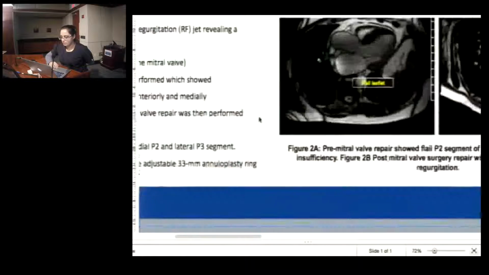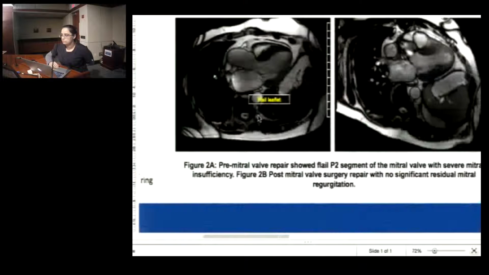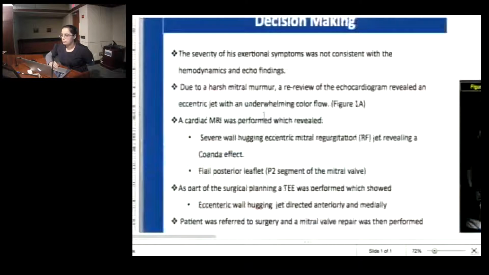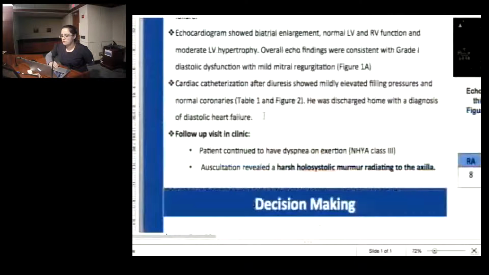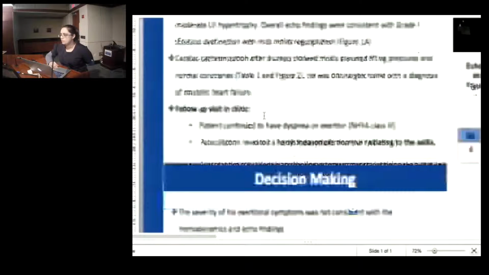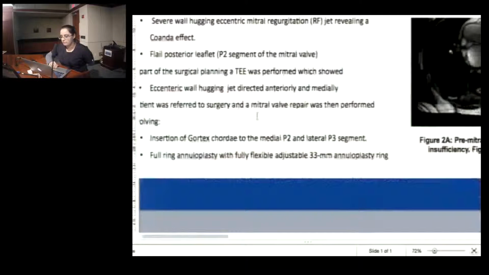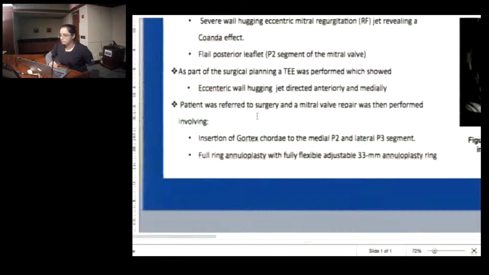Yeah, no, absolutely. I'll look at that. That's why you need to go back and check. Yeah, this was the first echo, but I'll look at it again. You're right. I'll make sure that's correct. I'll double check on that. But don't change the data to make it consistent. If you review it and it's still type 1, it's still a puzzle, because I'm still a bit puzzled about the hemodynamics of this individual, the severity of the symptoms. Right.